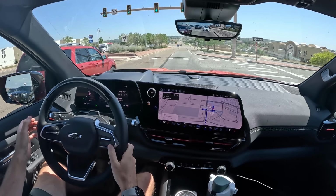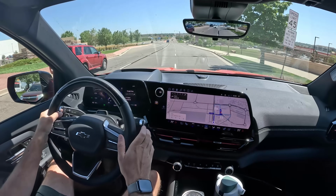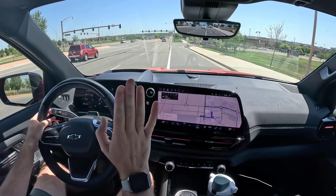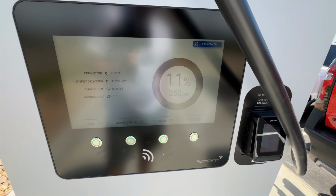I will die on this hill. Companies should be giving us state of charge on every display. Doesn't matter. Don't make it weirdly display dependent. Just give it to us everywhere. Do not understand. All right, we've plugged back in, and I don't think it's ramping up as high as it